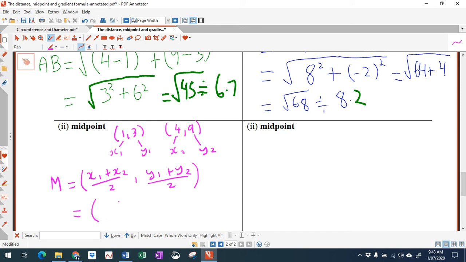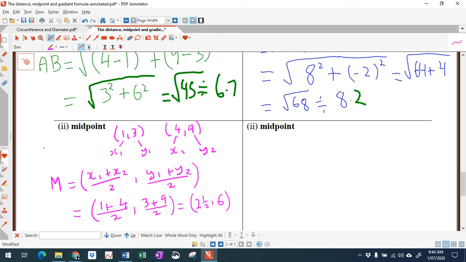Okay, must use brackets for this, so I'm going to have (1 plus 4 divided by 2, 3 plus 9 divided by 2). Now 1 plus 4 is 5, and then 5 divided by 2 is just 2.5. 3 plus 9 is 12, and 12 divided by 2 is 6. So the midpoint of the interval joining (1, 3) and (4, 9) is